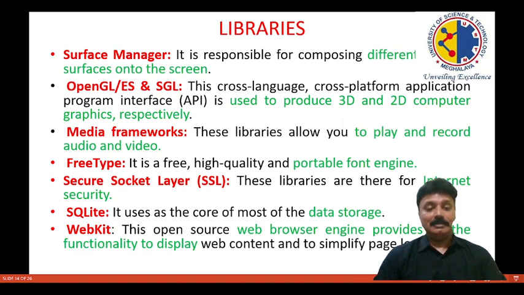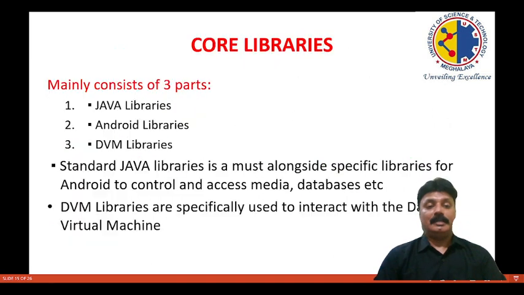WebKit, this open source web browser engine provides all the functionality to display web content and to simplify page loading. Then the core libraries, three libraries are very important in the Android operating system.